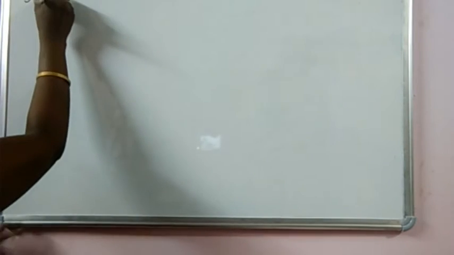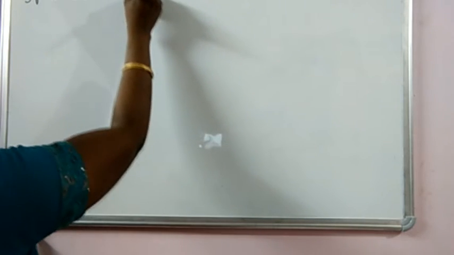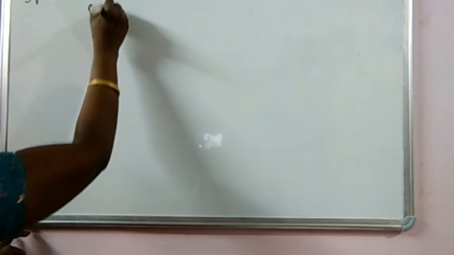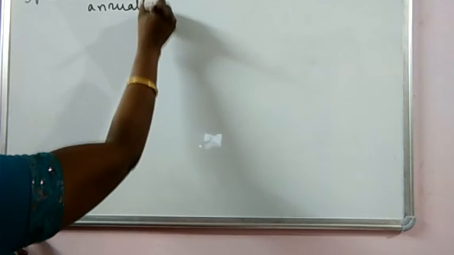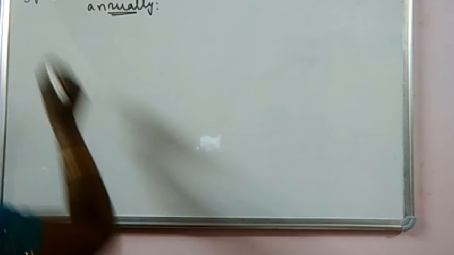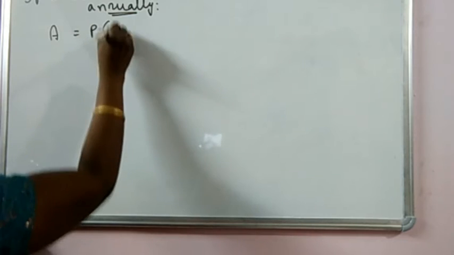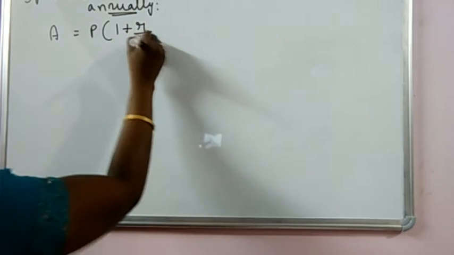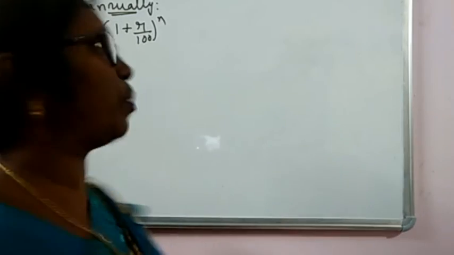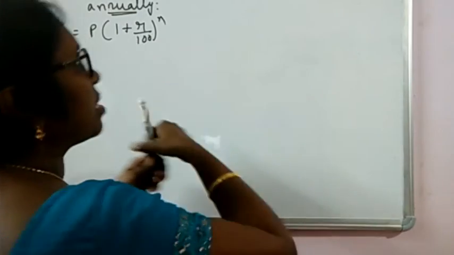If interest is compounded annually, how to find the amount and compound interest? Let me explain you first. You know that the amount is P into 1 plus R by 100 whole to the power n. If the interest is compounded annually, there is no problem. Here rate is 10% per annum. Here time is 1 year, means n equal to